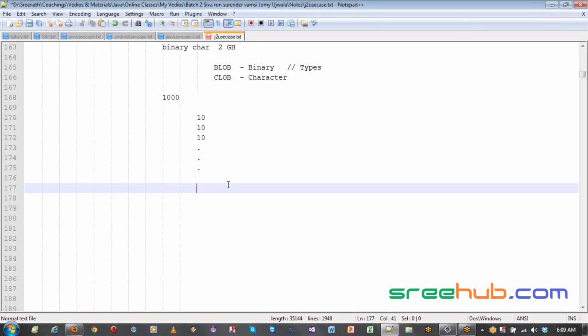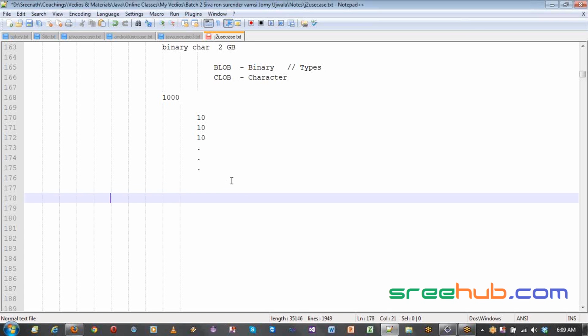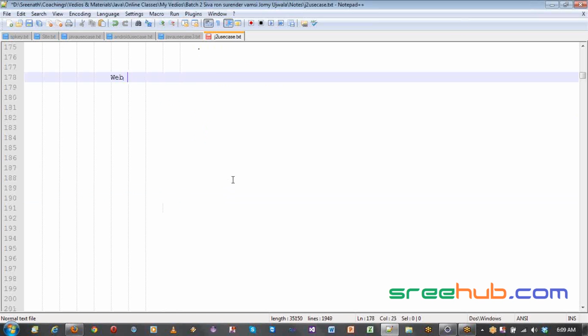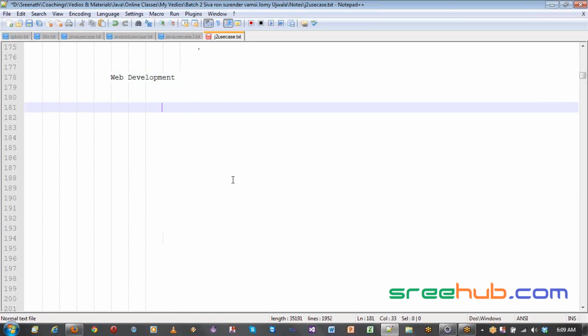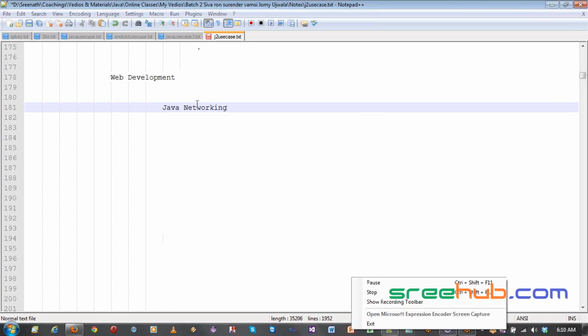So that was JDBC. So we'll start web development now, the next part of our advanced Java web development. In this, we'll first be going through Java networking. First, we'll understand the networking part, like different